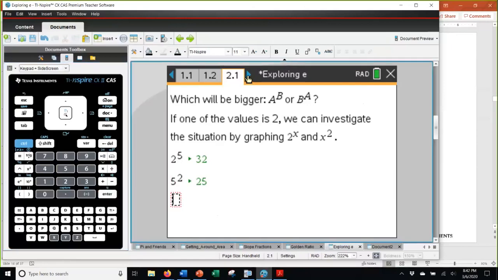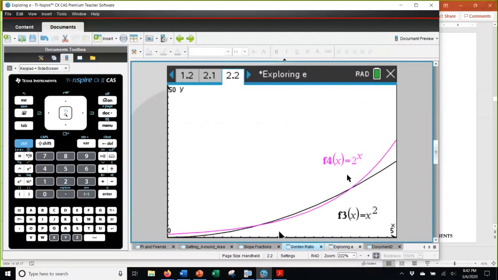And you can see when you graph 2 to the x and x squared that it's not that you always should pick the smaller value. You can pick here, 2 to the x is bigger at smaller x values. Then 2 to the x will lose in these x values in between, and then 2 to the x will win over here. But what's so special about e?